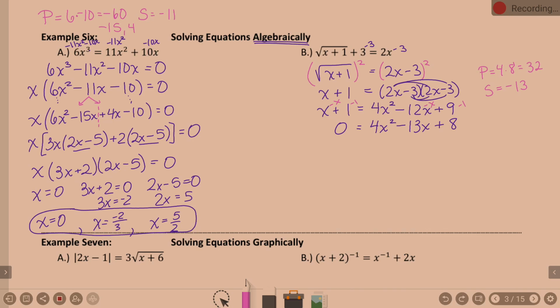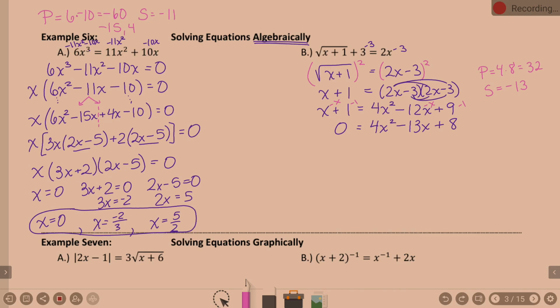No. 3 doesn't go into 32. 4? 4 and 8. Well, 4 and 8 can't become 13. 5 doesn't go into 32. 6 doesn't go into 32. Not possible. 7 doesn't go into 32. And now I'm back at 8, which we've already used, 4 and 8 as an option. So